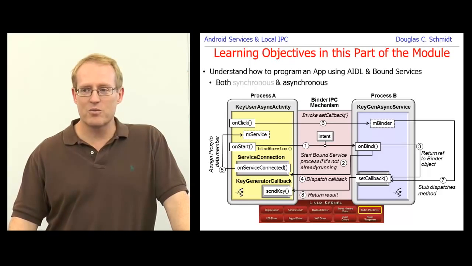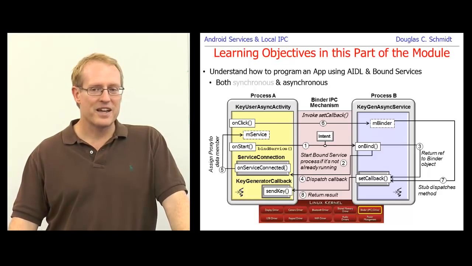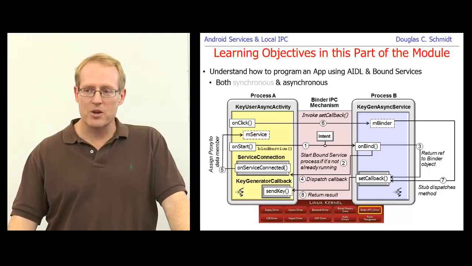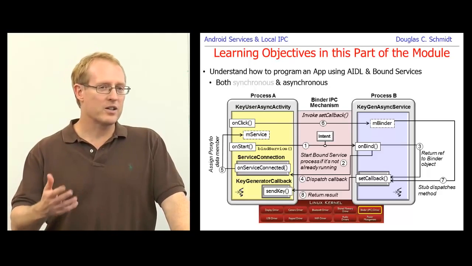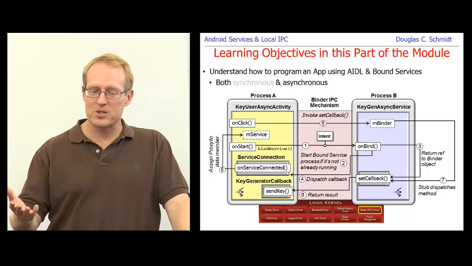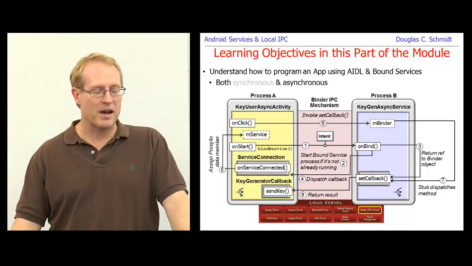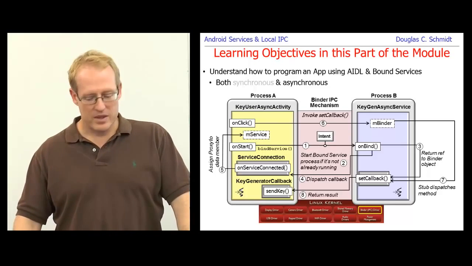The good news is that once you understand the pattern, it's really, really easy to do all this stuff. And AIDL and the binder RPC mechanism are doing the bulk of the heavy lifting for you. And we're going to do a little comparing and contrasting about messengers versus AIDL at the end of this lecture and get a chance to think about what the pros and cons are. So you might think about that in the back of your head as we do this discussion. Okay,